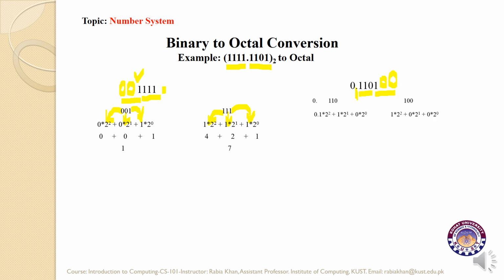So this is how we have divided the number into two groups. The point stays at its place, as you can see here. The first group is 1 1 0 and the second group is 1 0 0. Again we multiply them with powers of 2, similar to the method we followed for the integer part. The 0 is multiplied by 2 to the power 0, another 0 by 2 to the power 1, and the last bit 1 by 2 to the power 2.